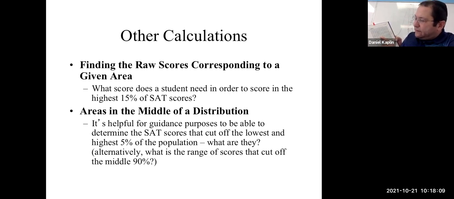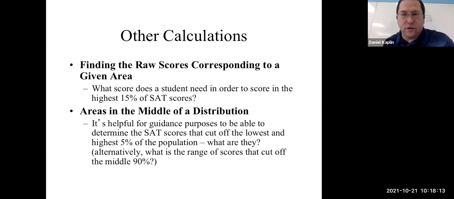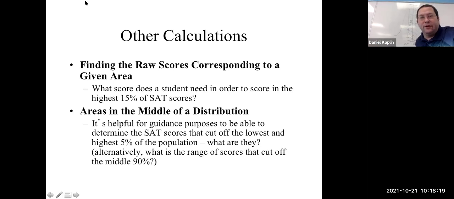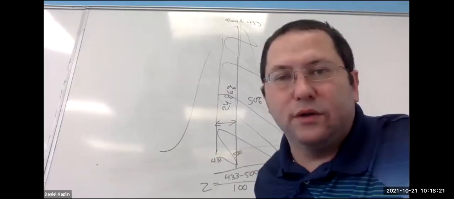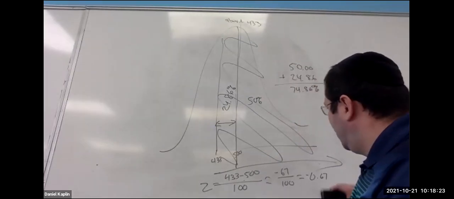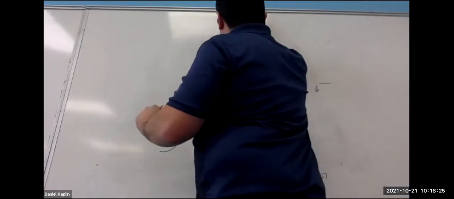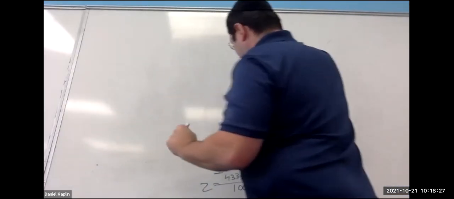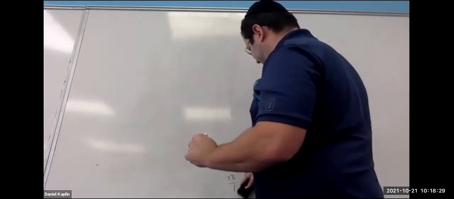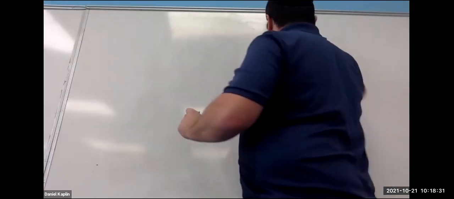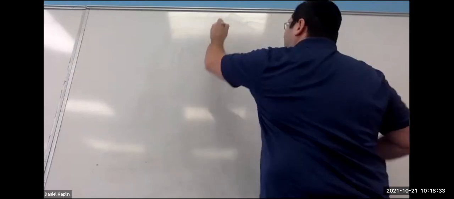And I discover I get 1.03, a z-score of 1.03. No problem. So what I'm going to do is figure out what the raw score would be for a z-score of 1.03. So the first thing is we're getting the top